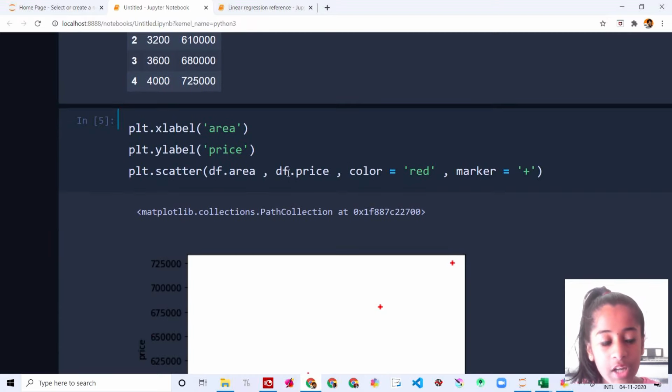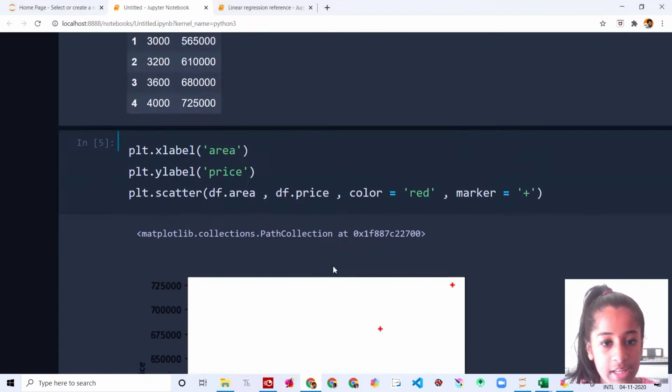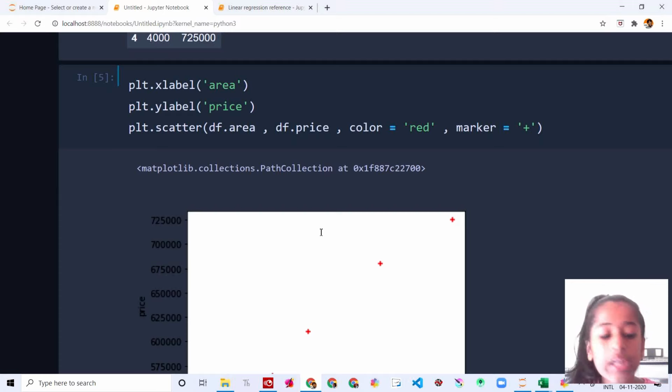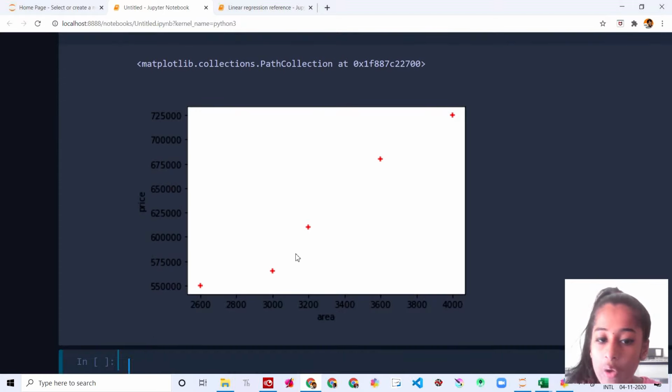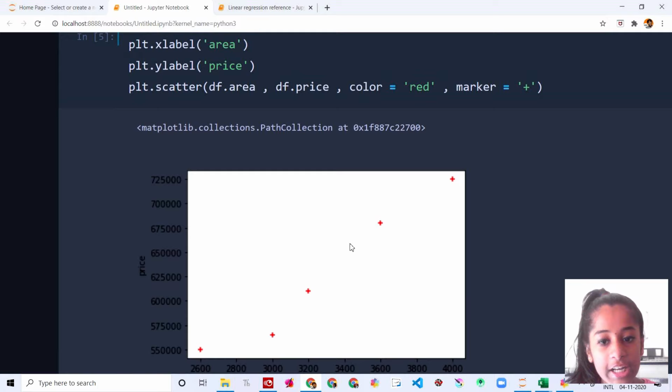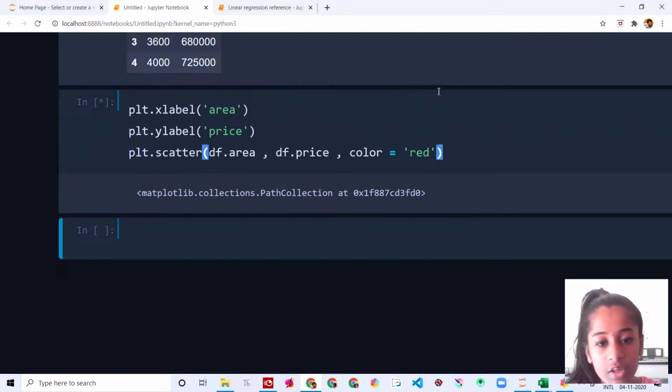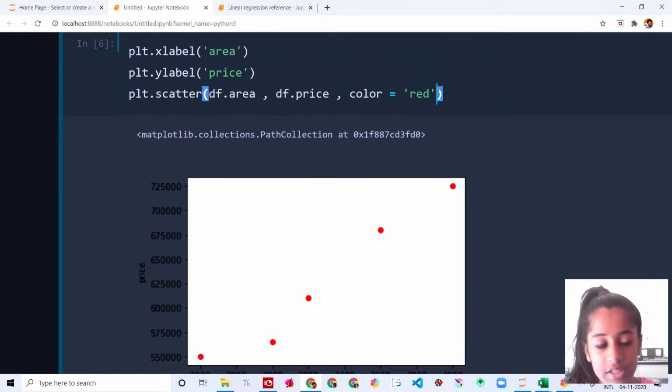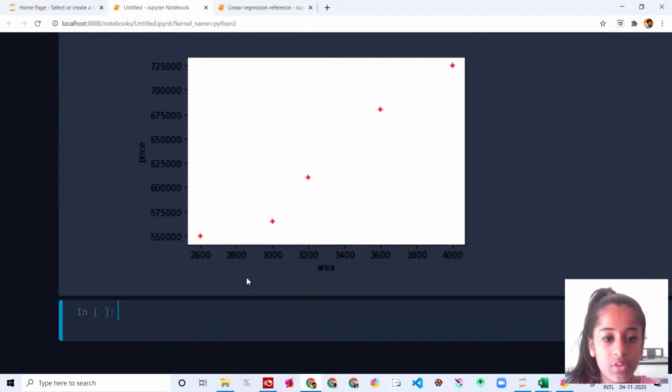Here, in the x-axis I've set the area, in the y-axis I've set the price. Now the color is red. You can see the data points' color is red. Now you might wonder why we don't have the circle data point here. Because we have set the marker to the plus symbol. You can't set the marker to just anything, you have a few specific styles. Here it's a circle, and when we put the marker as plus, it comes as plus. That's what the data point is going to represent.